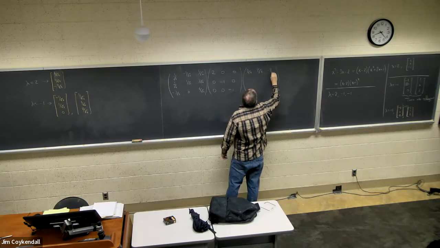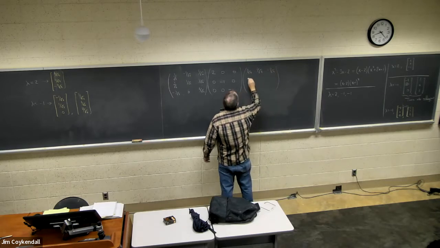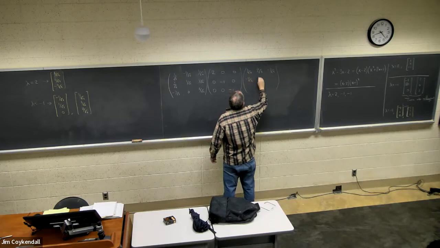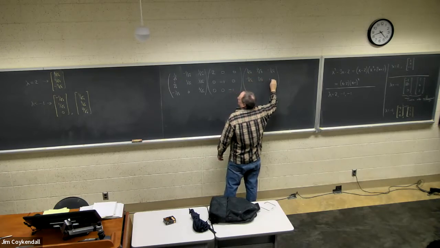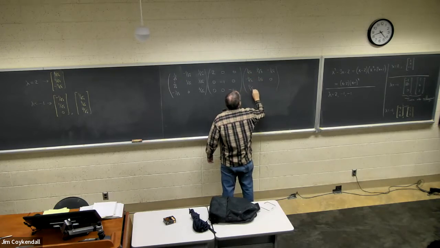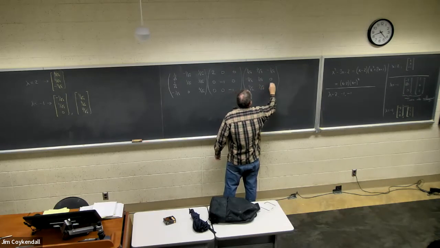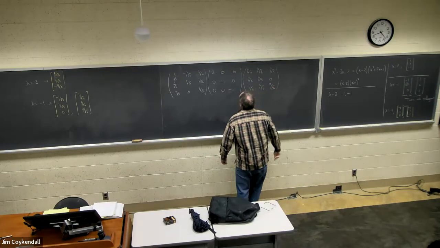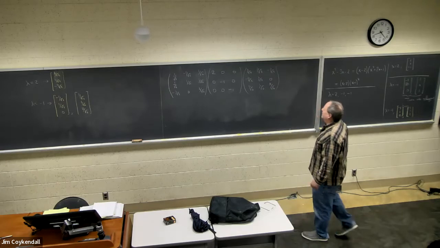Minus 1 over radical 2, 1 over radical 2, 0, 1 over radical 6, 1 over radical 6, 2 over radical 6. And